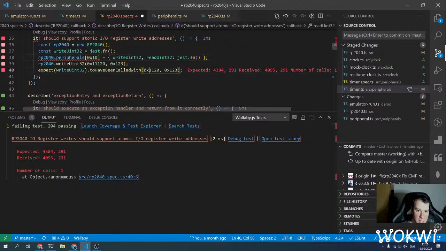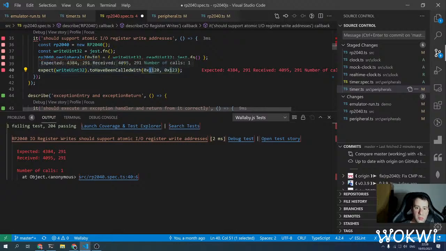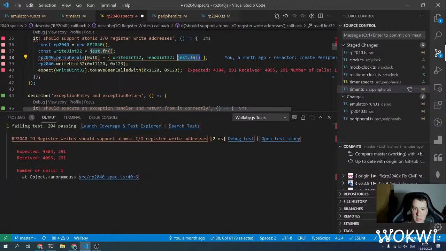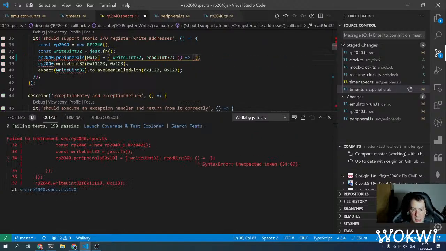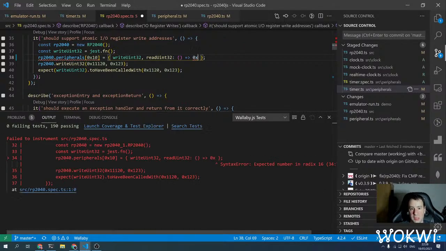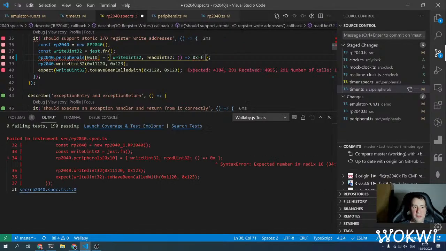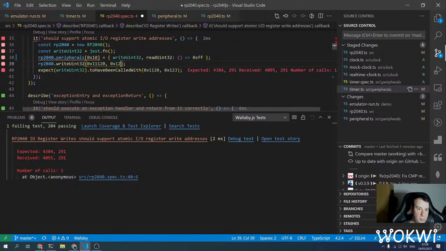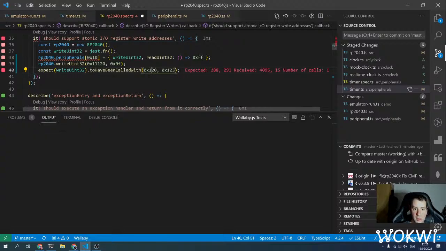So this is 1 the offset, so it will be XOR, and we want read to return a function that returns the current value, let's say ff, then we are XORing it, we are writing 0f, then we expect write to be eventually called with